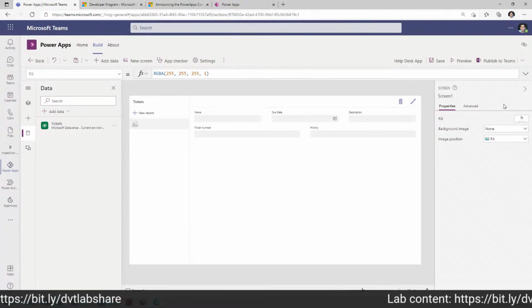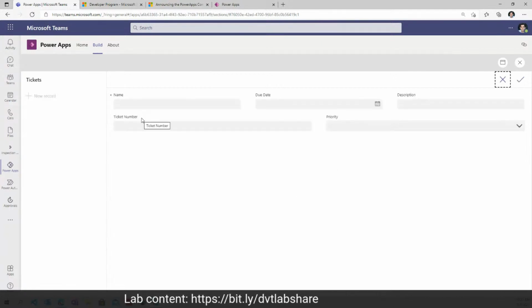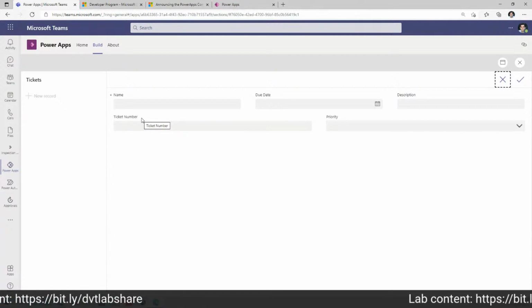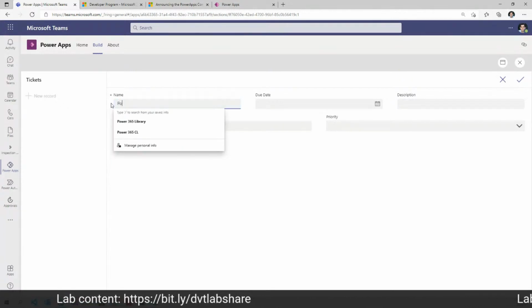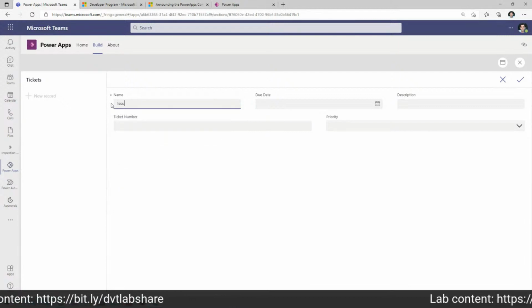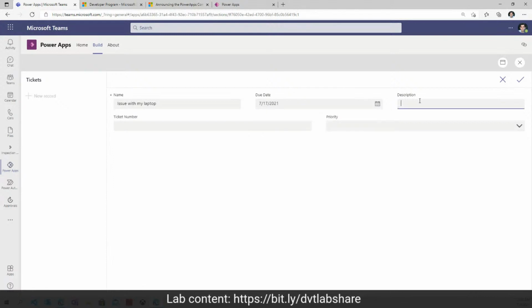So here, if I head over and preview the app, you see I don't have any records right now, but if I click on new record, it's going to start creating an item inside my data source, which is my table. And here is that form experience. So I can start putting in details. So here's my ticket name. Let's say I'm having an issue with my laptop and I want this fixed by the 17th. I can describe what the issue is, not connecting